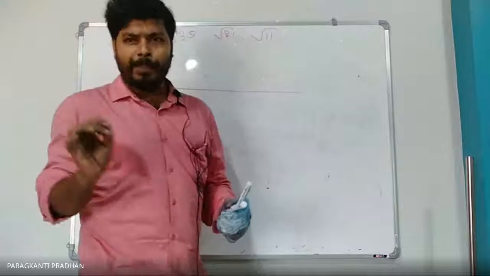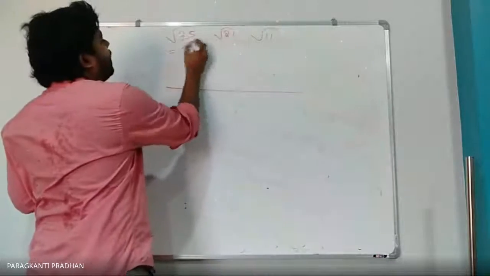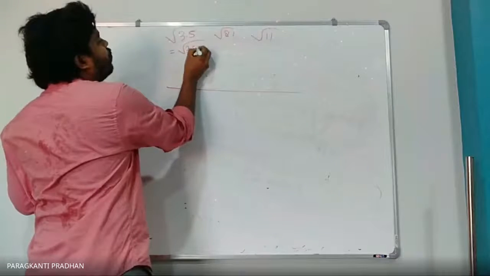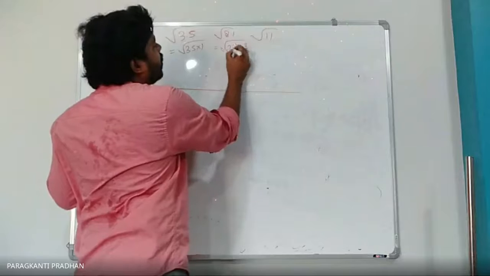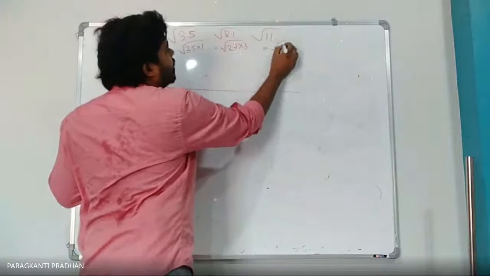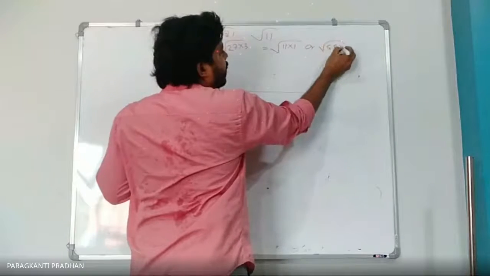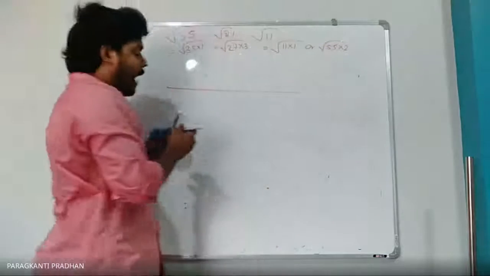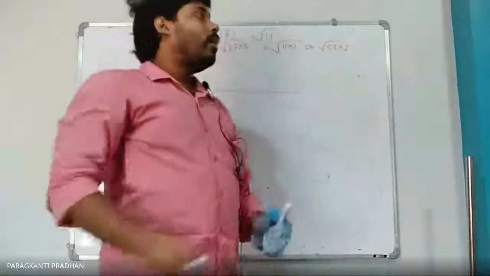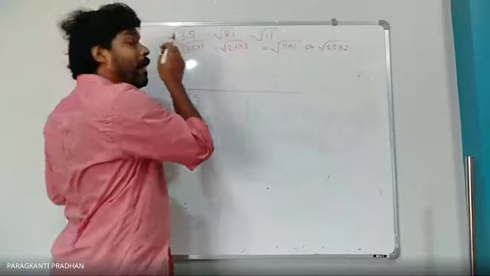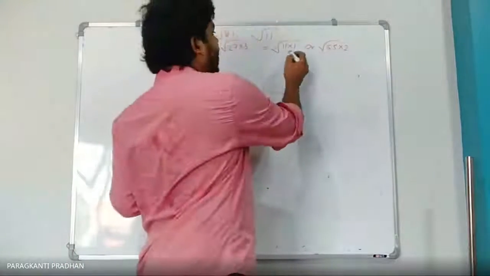And you have to represent this. How? You have to multiply this by two numbers: 3.5 into 1, or you can write 2.7 into 3, or this number can be written as 11 into 1, or root under 5.5 into 2. So you have to multiply the number as two parts. Acha, why? This value is the mean proportion of these two numbers.